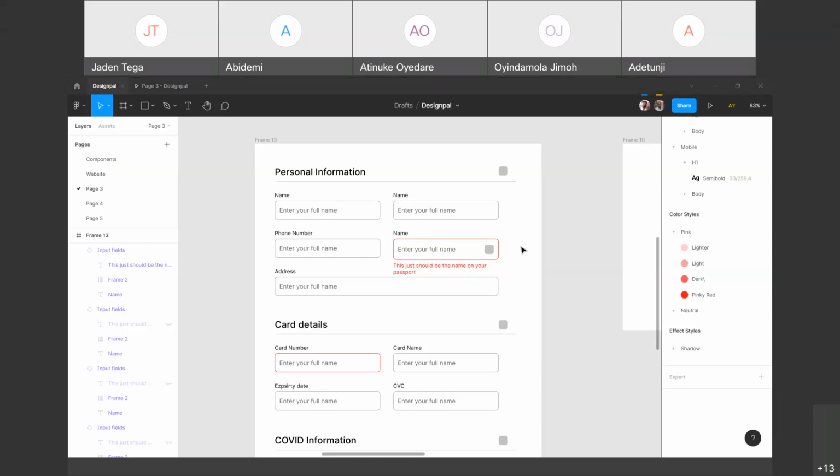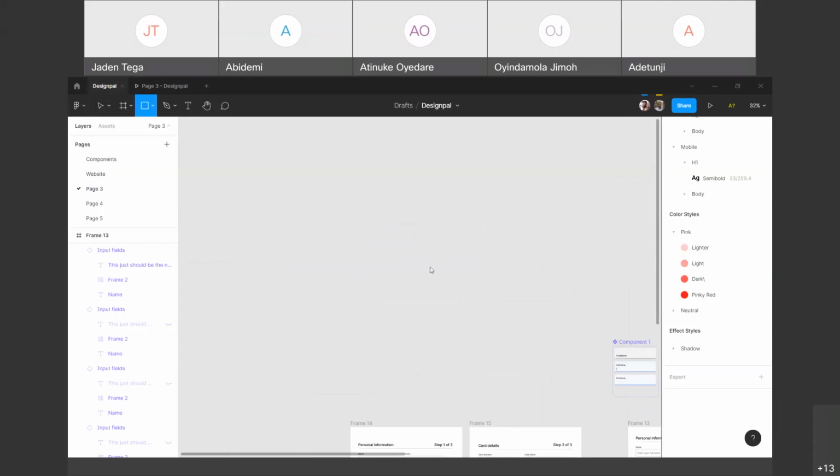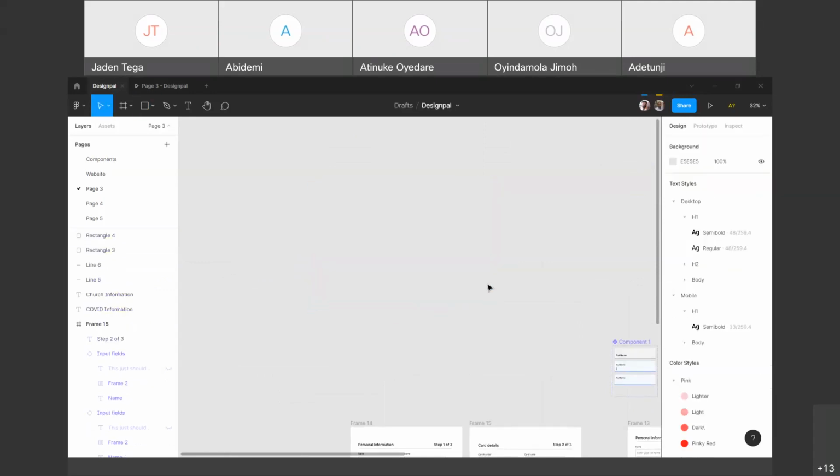Oh, modals and pop-ups. I completely forgot about that. How do you design modals and pop-ups? We've talked about shadows before, Ayola. So modals are basically, say you have, for example,